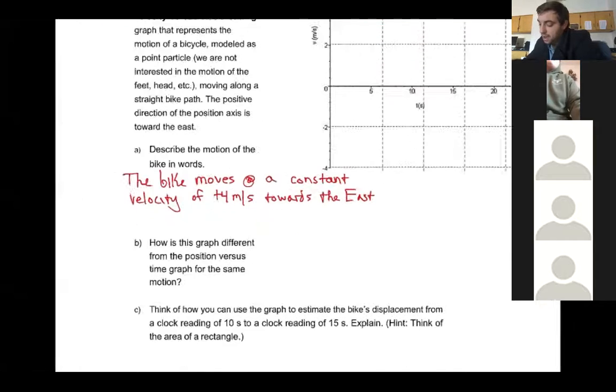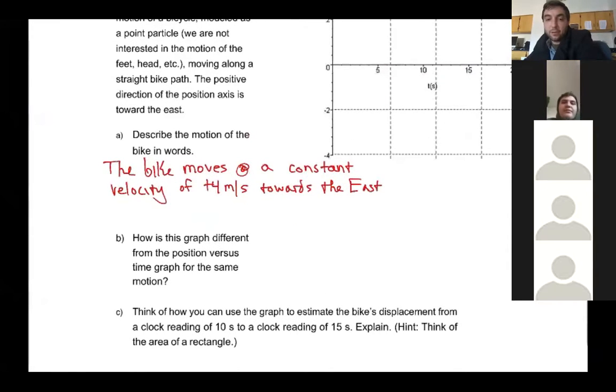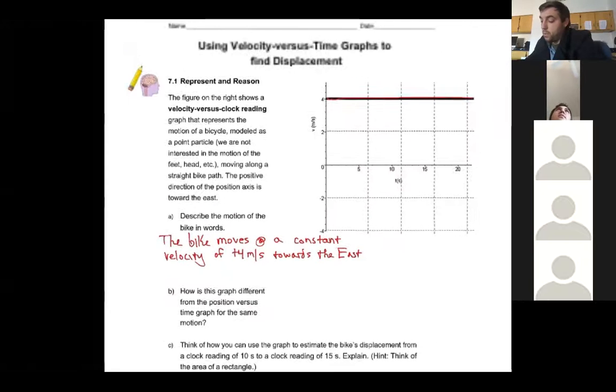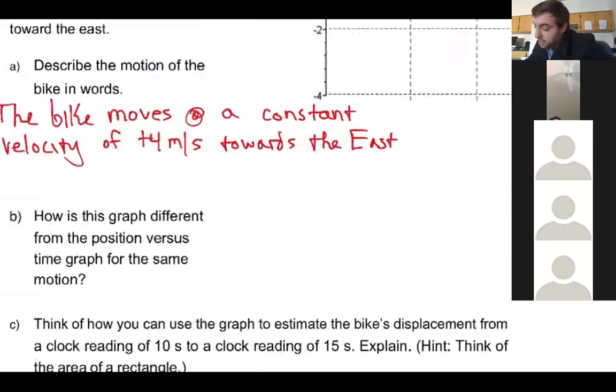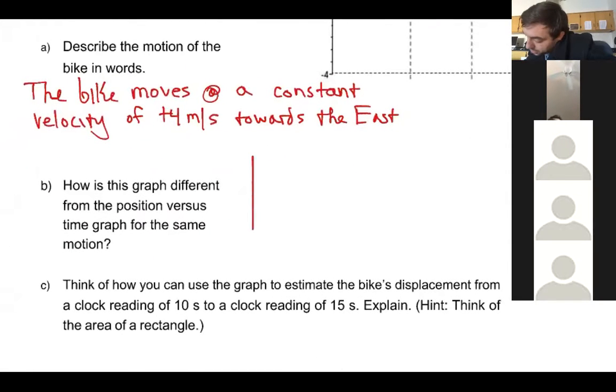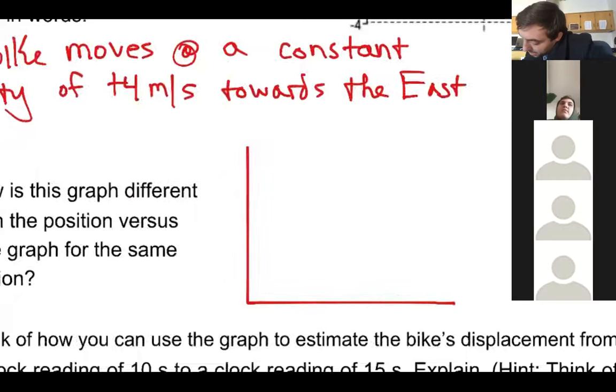And then how is this graph different from the position versus time graph for the same motion? So this is a pretty big concept, guys. When we have our velocity versus time graph, we need to be able to get to a position versus time graph and kind of back and forth. So if that velocity versus time graph is a flat line with 4 meters per second as the velocity, then I know that my position versus time graph, which I'm going to make right here,